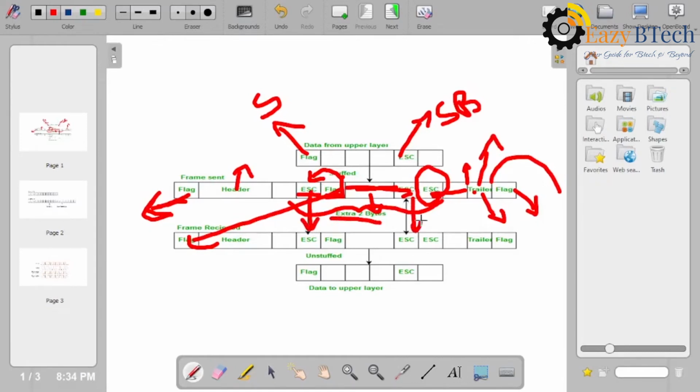Escape is one type of character, right? While the data itself contains another escape character, that is an escape of 8 bits, we insert another escape character before that escape character. These are the extra 2 bytes we have. The receiver receives this and eliminates all the escapes to find the actual data, because otherwise there would be issues in the data. So that is unstuffed, and the flag, header, data part.